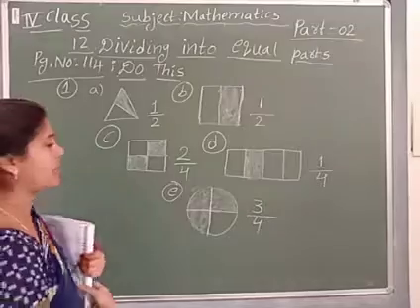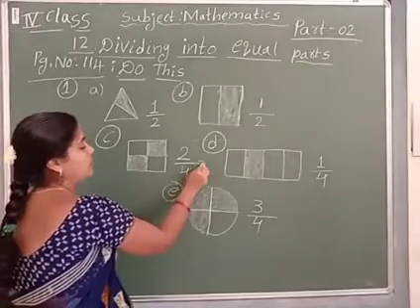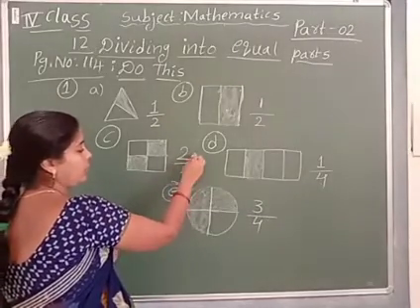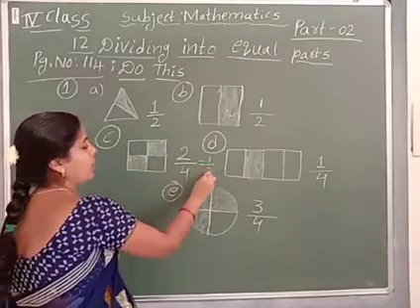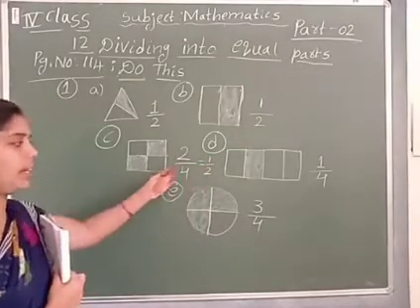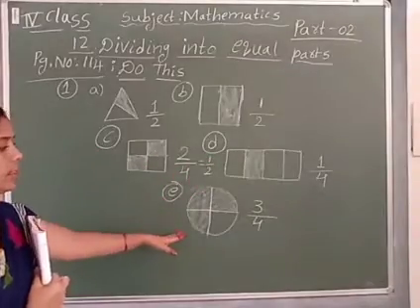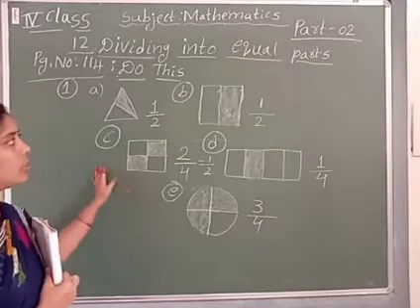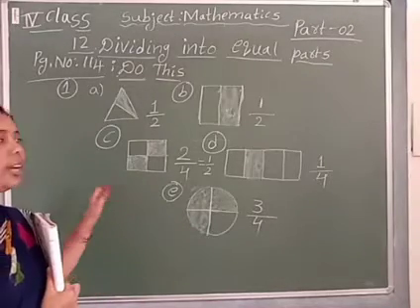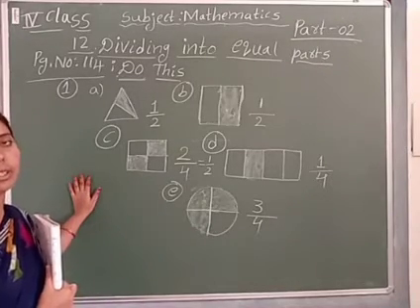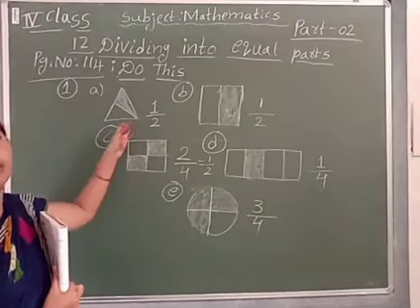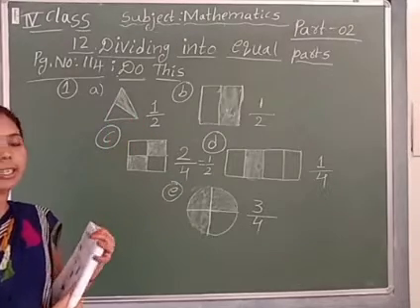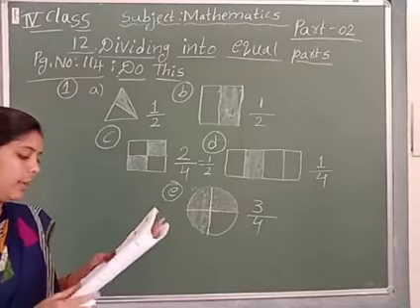2 by 4 is also equal to 1 by 2, the half part. This is also correct. This is also correct. 3 by 4 part, so you will write this. Draw in your notebook, children. Do it properly. For the shading, use crayons. Color it. Okay. Next bit.